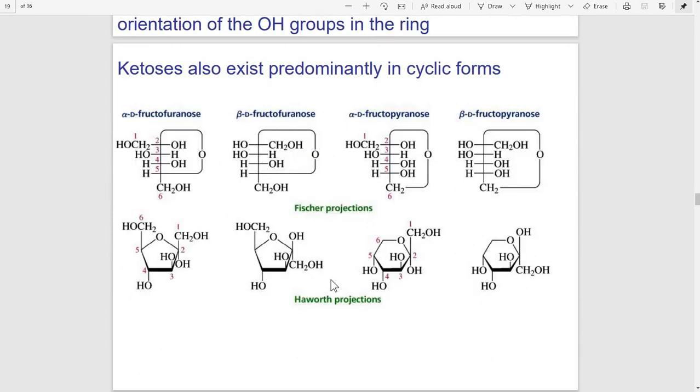See the next. The ketones also exist predominantly in cyclic form. Means see here the keto structure, means alpha D fructofuranose, having the Haworth projection because of the cyclic structure. See here, same as aldose, these two OH are right hand side, that's why we denote downward direction. Second and fourth OH are right hand side, that's why second and fourth OH are in downward direction in the Haworth projection formula.